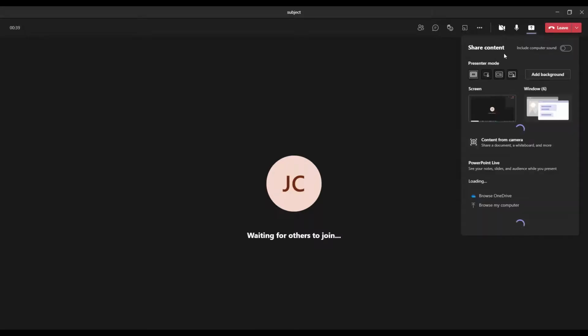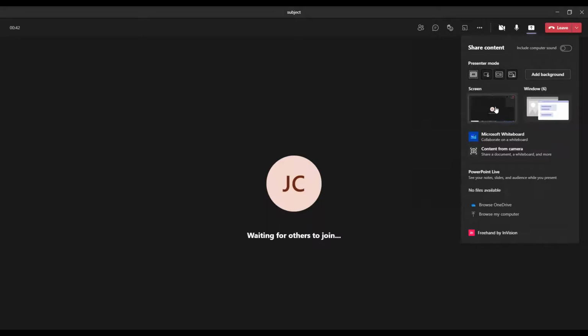Let's go. So Microsoft Teams have actually implemented a lot of new functionality with this, some of it just being super incredible. So you can see here at the top, we've got presenter mode, and that's what I was mentioning before, where you could have a side-by-side of your presentation deck and your camera, or you can have a reporter view, so you've got your presentation deck and you're actually in front of your presentation, you can point to it. I'll take you through that in a moment, but first of all, we're actually going to just share our